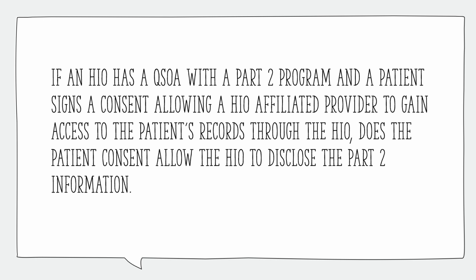In the case where Part 2 information is made available to an HIO, whether it's through that QSOA or written patient consent, that consent form allowing the HIO to redisclose that information has to identify by name or general designation the Part 2 programs as the entity permitted to make the disclosure of the Part 2 information. And that's because while the HIO is redisclosing the Part 2 information, the disclosing entity remains the Part 2 program. So the consent can also name the HIO as a redisclosing party,